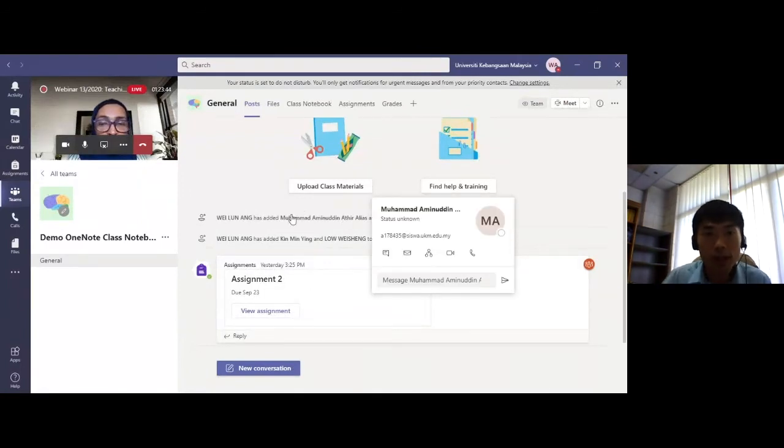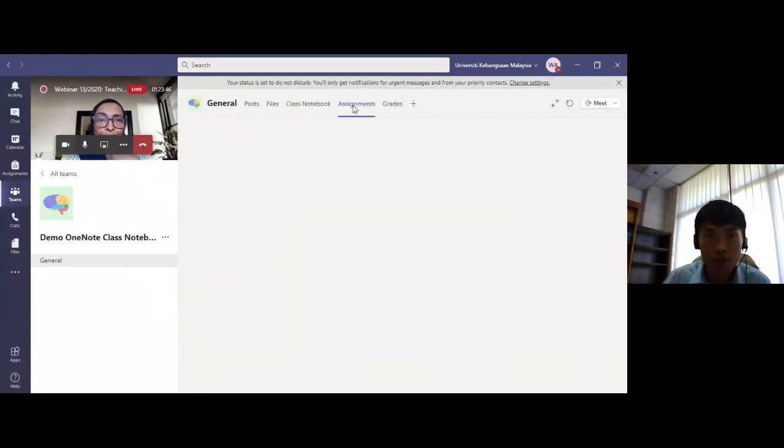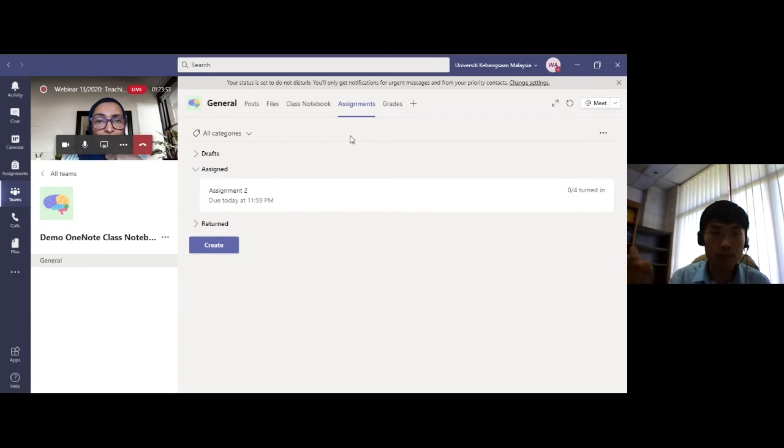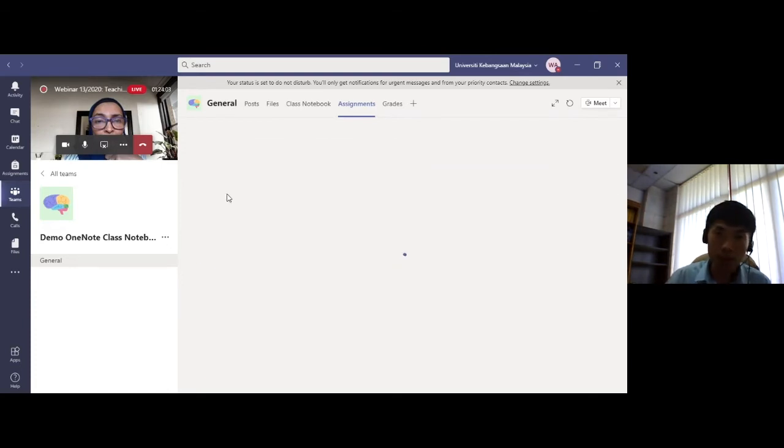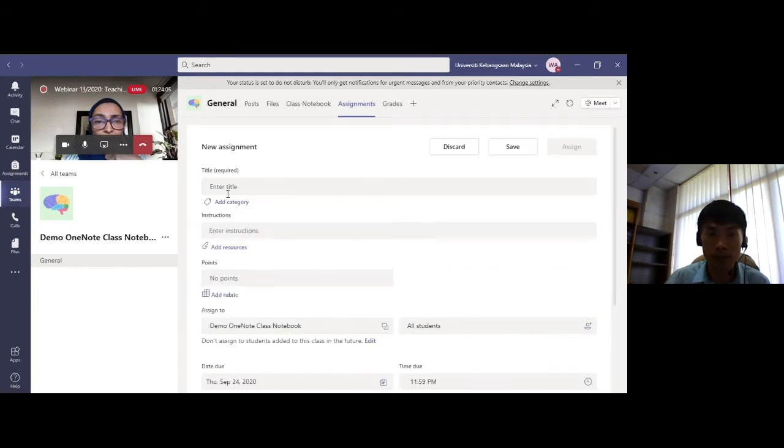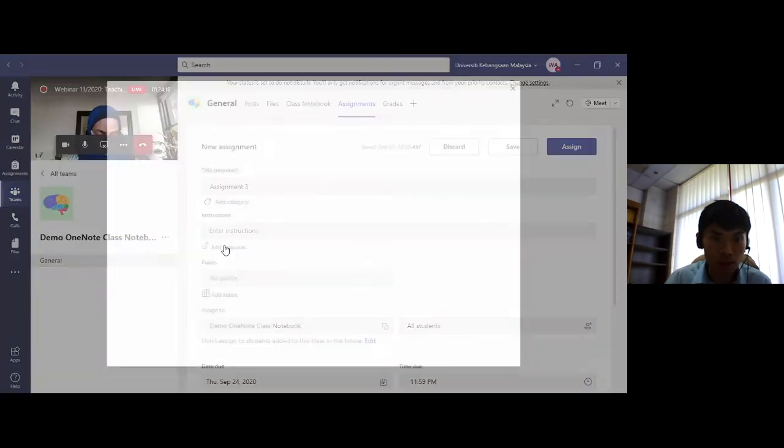Okay, so now let's go to assignment, because sometimes we prefer to have the assignment written manually. If you want to do it, the questions will be written manually, so we have to use it in the OneNote. So here I can choose create assignment, or it can be a quiz. It depends on the lesson. So maybe this is assignment 3. Okay, and here, if you look at this, add resources. Just click on add resources,